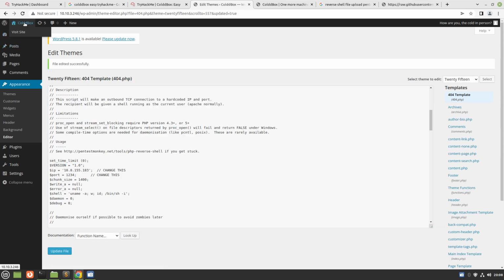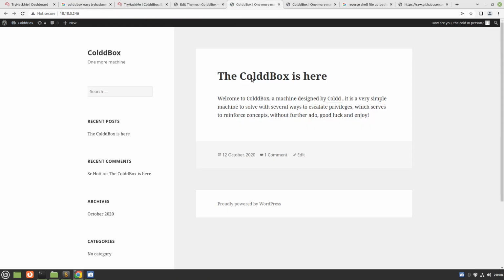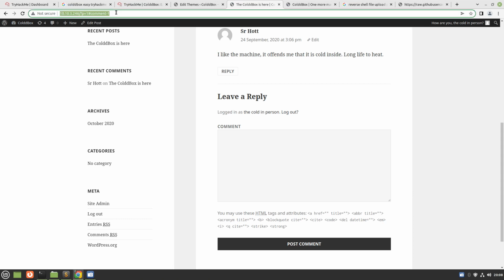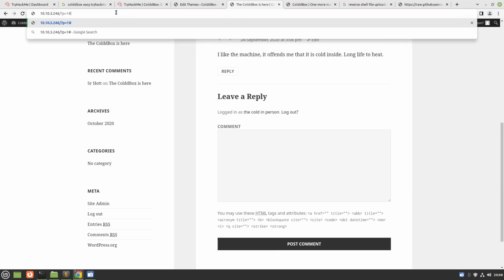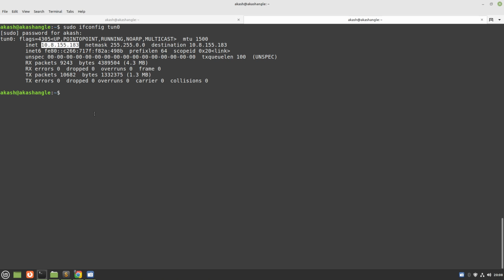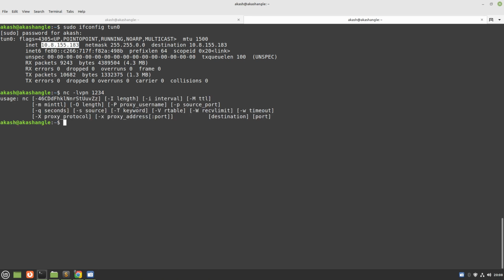and I go to the cold box. I go to visit site on a new tab. Meanwhile, I go over here and I just try to manipulate it, and let me just check if nothing is happening over here. I haven't set netcat to be on. So netcat, as I showed, the command is lvnp on 1234. Yes, on 1234 we are listening. Netcat is listening, and